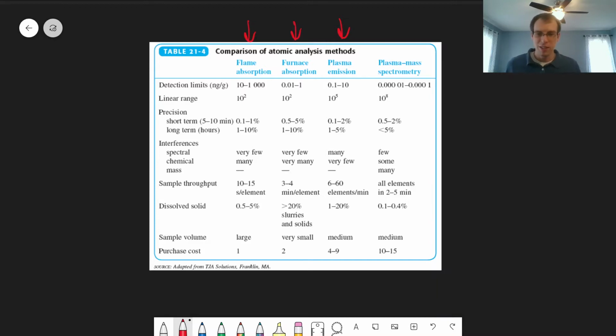So in general with these, we'll start with the bottom actually, the purchase cost. Which of these is the cheapest? Flame absorption is the cheapest to both purchase and to run because the fuel, acetylene, as well as the oxidant, air, are very cheap. Acetylene is commonly used for welding and so very easy to purchase and run. Whereas furnace absorption costs a little bit more, so about double the cost of flame absorption. Whereas if you're looking at an ICP instrument with plasma emission, that's 4 to 9 times more expensive depending on